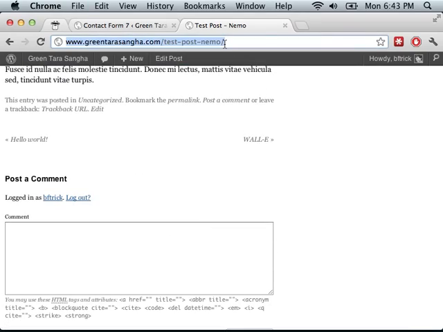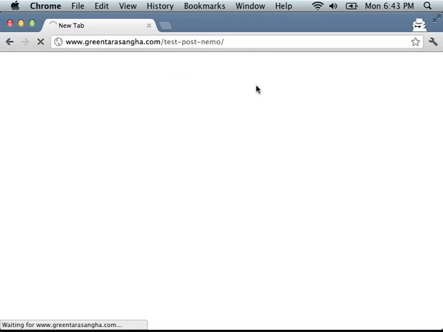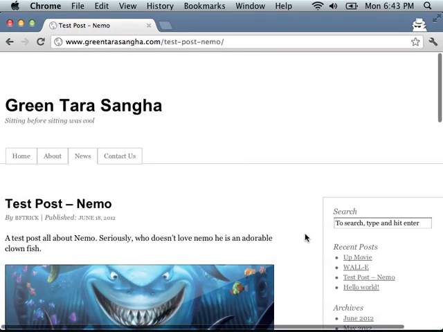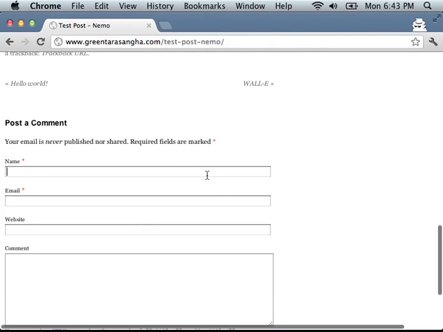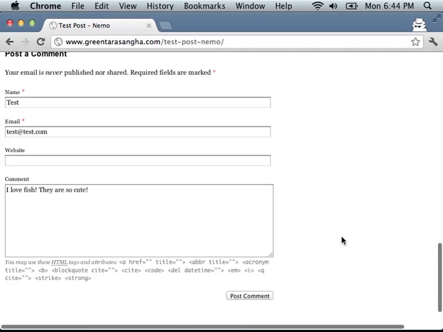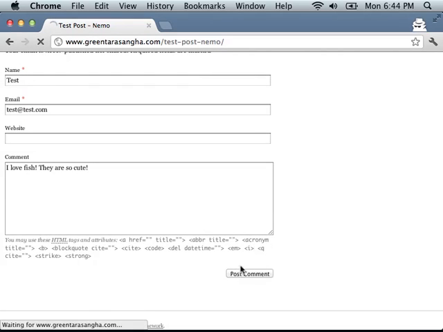I'm going to create an incognito window so that this website doesn't know who I am. I don't have any cookies or any session variables saved, because otherwise it knows I'm the administrator and it'll auto-post it. So this is test@test.com. I'm not going to enter a website. I love fish. They are so cute. Okay. So if I post this comment,